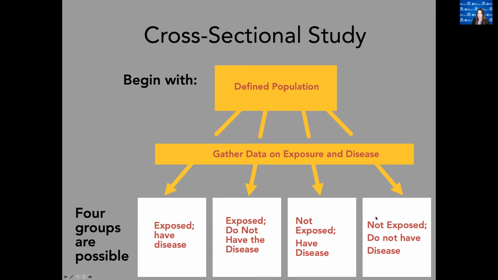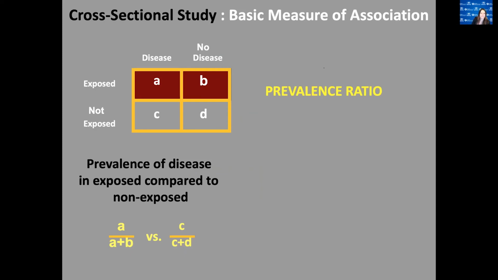And then we would split them up into 4 groups, like the classic 2x2 epi table. Exposed and they have the disease, exposed they don't have the disease, not exposed they have the disease, and not exposed and they don't have the disease. What we calculate in a cross-sectional study, the basic measure of association, is called the prevalence ratio rather than the relative risk. And that's just the prevalence of disease in an exposed group compared to the prevalence of disease